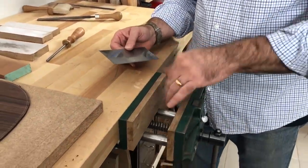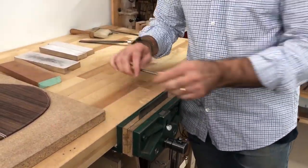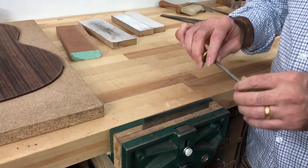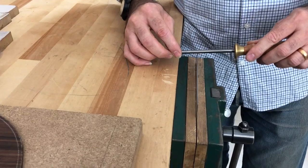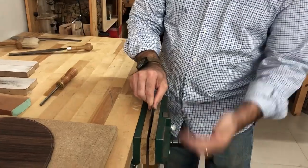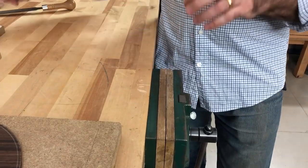This is a vise with wooden plates in it, so it's not going to damage the edge that I get on the scraper. And then what I'm going to do is, I'm not going to be too aggressive with this tool. I'm just going to run it at a very slight angle 2 or 3 times. If you come over right opposite or right in front, you can maybe show the angle that I'm using. It's not very strong, so it's not 90 degrees, it's just a little taper. 4 or 5 times, okay? And then get it off the vise, and let's do the other one. So again, not 90 degrees, but a little angle, and then the same on the other side. So this is now ready to go,